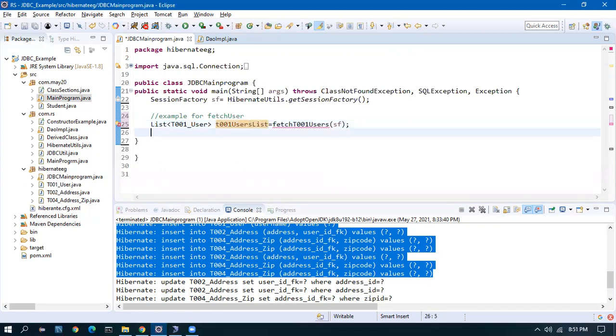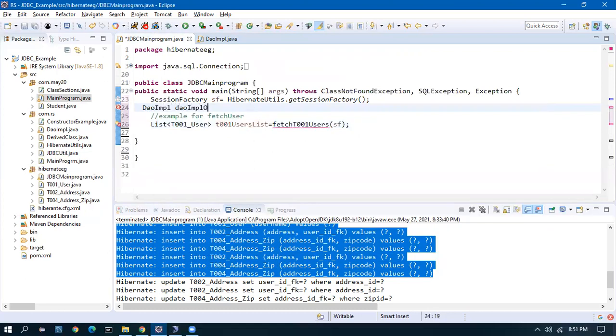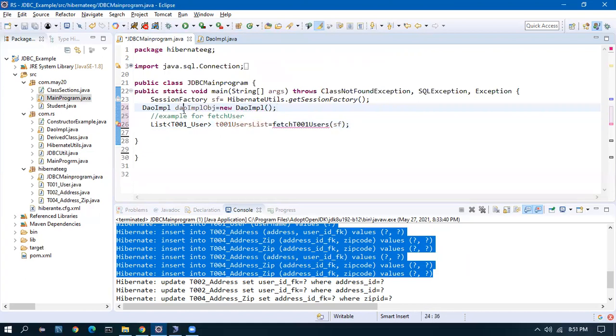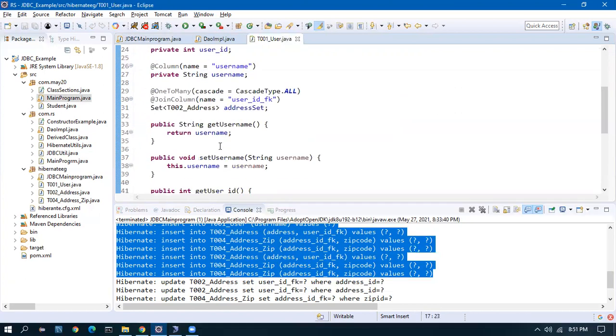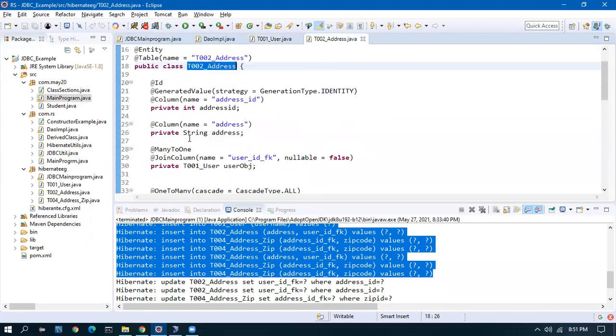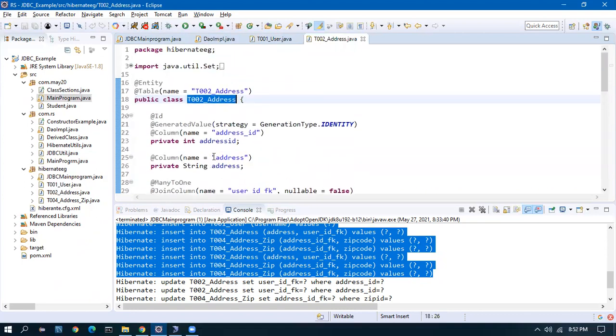I have to form a DAO IMPL object equal to new DAO IMPL. Now the DAO IMPL object dot fetch user, and here I will give a sysout of the T001 user list. So far good. I'll go to the user to see if the toString is overridden. Yes, great. I'll go to the address and see if the toString is overridden. No, I don't have it.